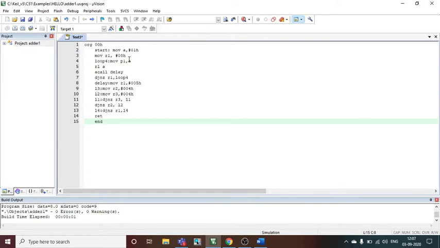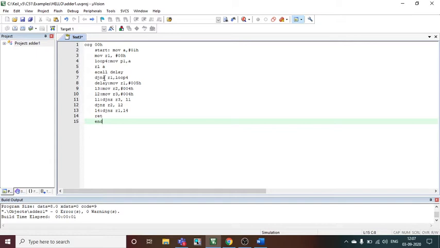In this particular program, you need to understand that, one, you have to put 01 in the accumulator. 01 means the one bit will keep on rotating from left to right, which we actually want. Then we will have to set a counter, so for that we need a register R1, so 08H, because it's an 8-bit number. And then we will have to make a loop for rotating, which I have made.